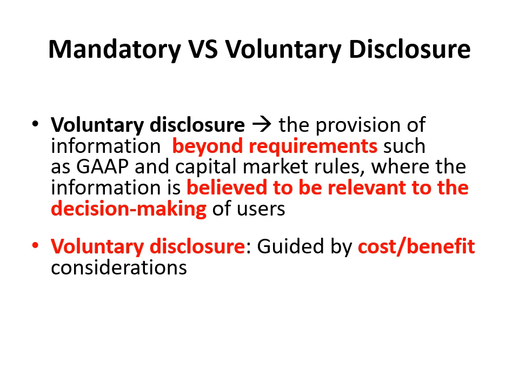Okay guys, besides adequate, fair and full disclosure, in accounting we also have what we call mandatory and voluntary disclosure. So we need to know the difference between these two. Mandatory disclosure is concerned with the provision of information based on legal requirements. So we only disclose what is required by legal rules, such as accounting standards, and then maybe regulations released by